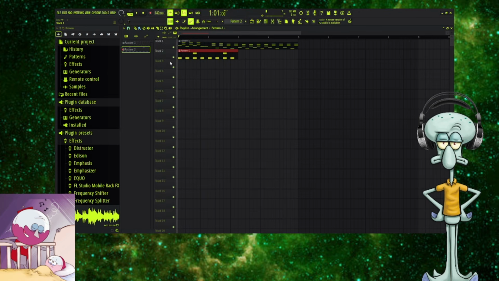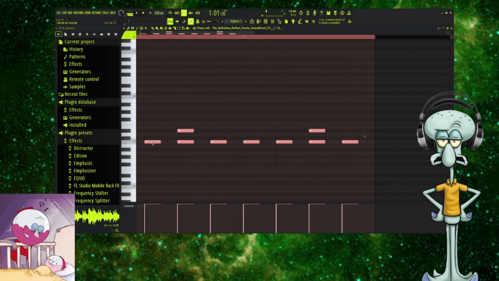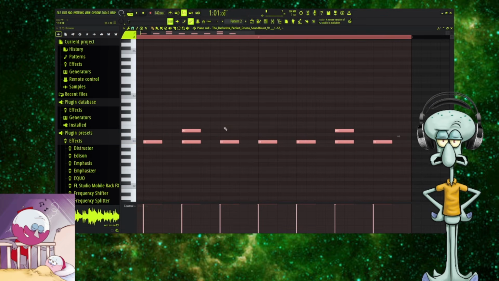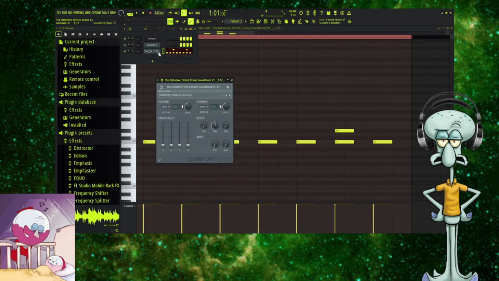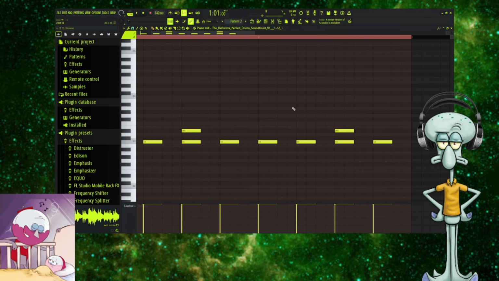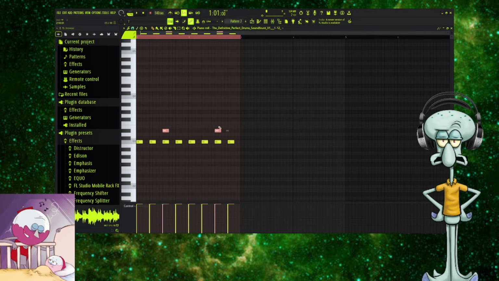Now, you'll notice some sound fonts have something like this, where some drums just cut off like that. Now, why do I want to fix that? If you have an issue like that, click on the sound font. So you see this thing that says R. Grab that and put it all the way up. Yeah, this drum kit kind of sucks, so I would recommend